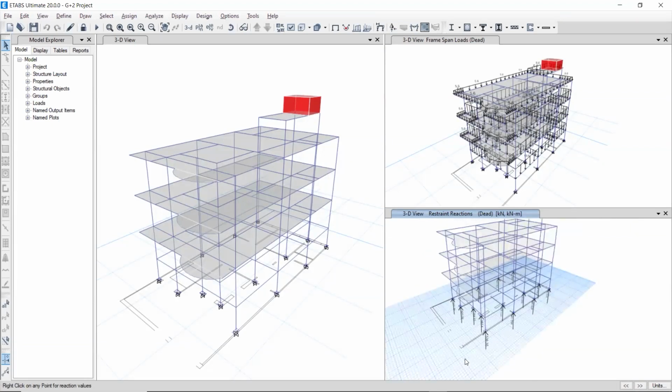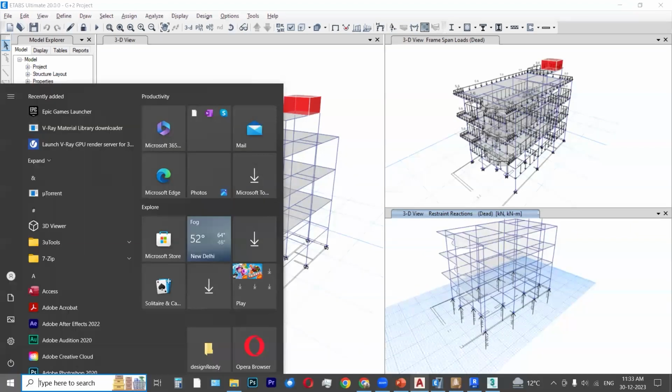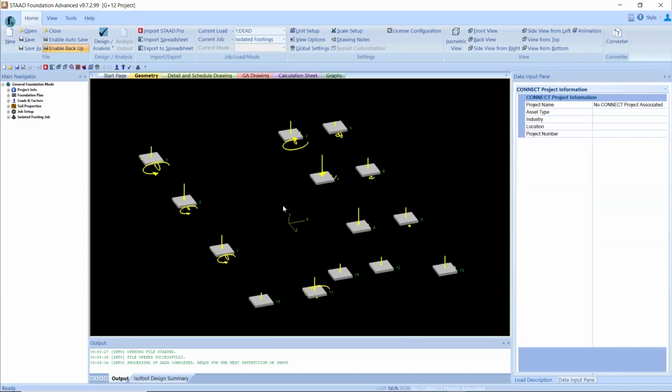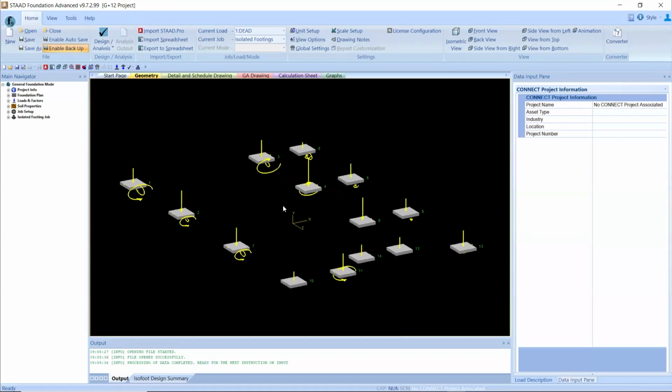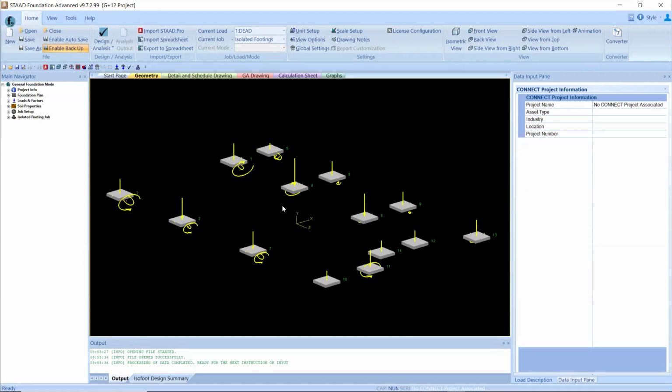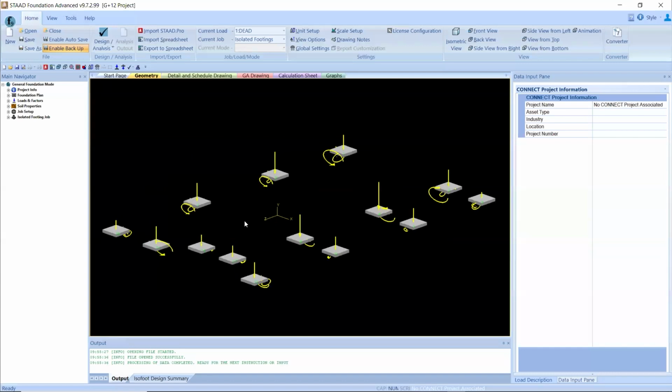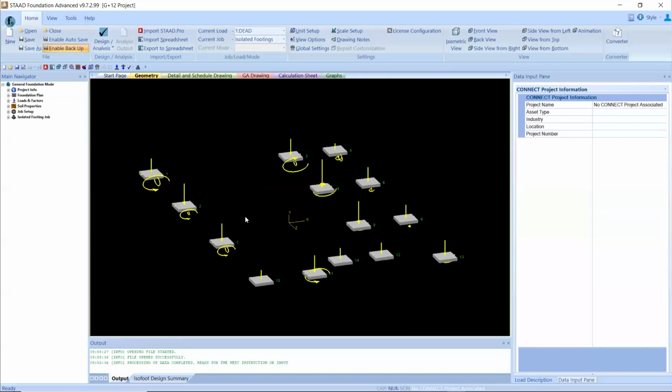I have transferred these foundation reactions from ETABS to this STAAD Foundation software through a simple Excel sheet. You will be learning about this Excel sheet in this course. So I was able to import all the foundation reactions, all the foundation points into this STAAD Foundation software with one simple trick. Okay, with one simple step. Here you can see all the vertical forces are coming on these footing pads. So we are going to design